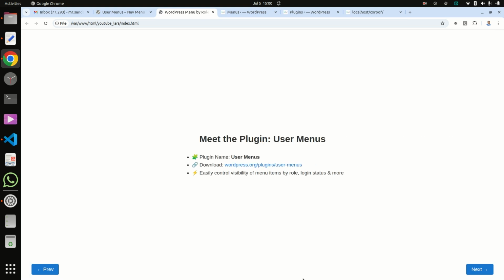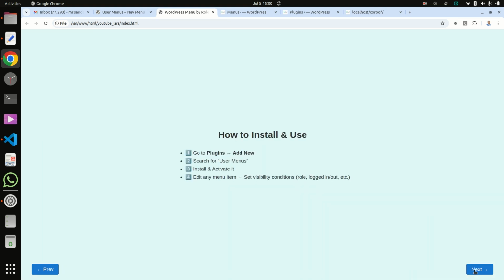meet the plugin User Menus. The plugin name is User Menus, and you can also download it from the WordPress.org plugin directory. It easily controls visibility for menu items by role, login status and more. So how to install and use it? Go to plugins,